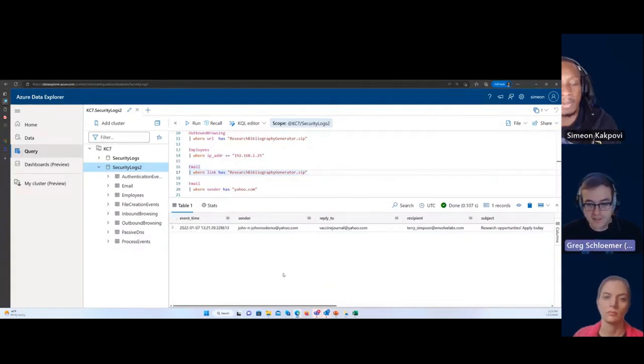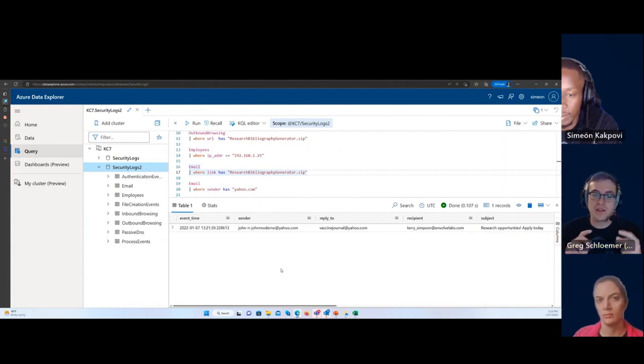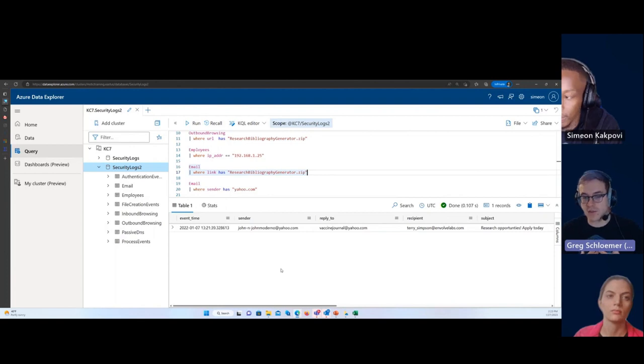Everything here, research opportunities is the subject line. Everything here points to research, medicine, science, right? And we know that we're a pharmaceutical company. So all the evidence we have so far related to this actor falls within that topic area.